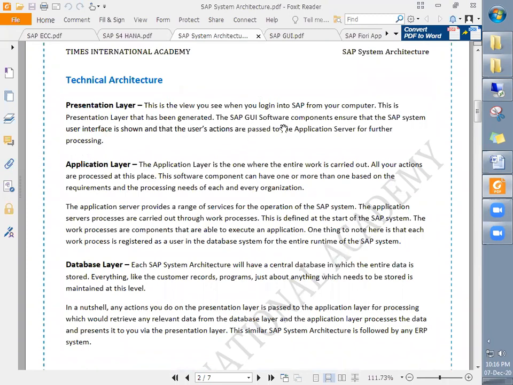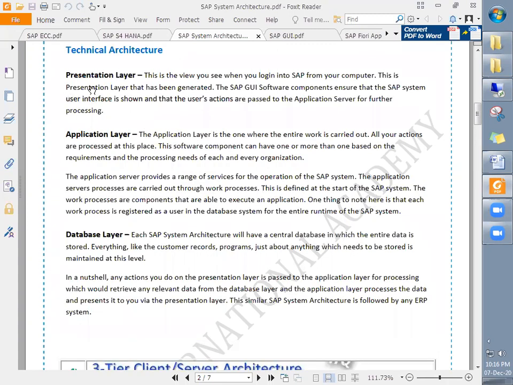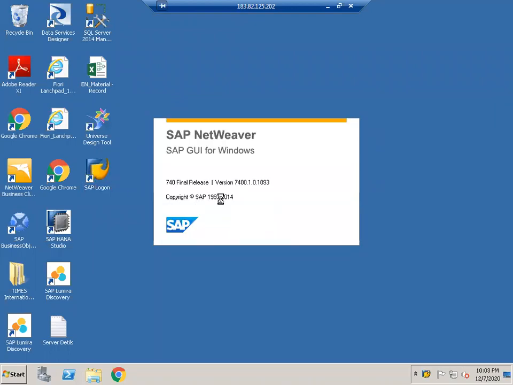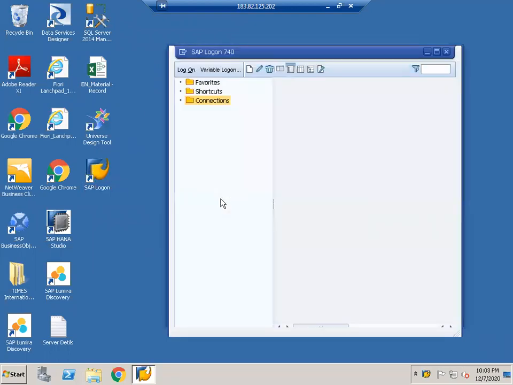The SAP GUI software components ensure that the SAP system user interface is shown and that the user's actions are passed to the application server for further processing. So that is the significance of the presentation layer. Now I'm trying to access SAP using the GUI, that is, the graphical user interface.